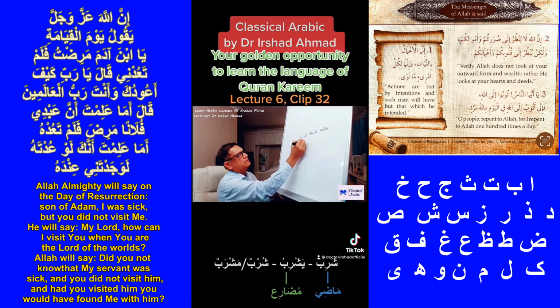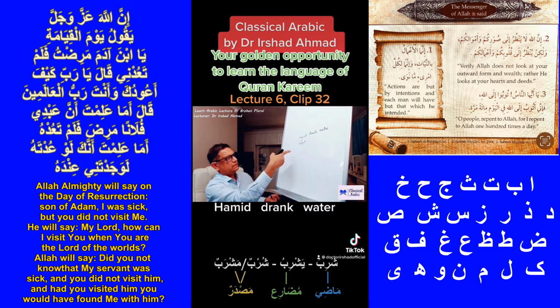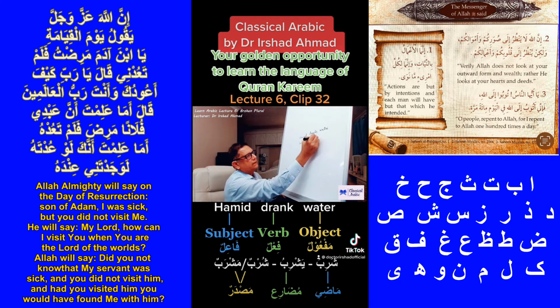Again here Hamid is subject, the doer of the action of the verb, drank is verb, and water on which the action is taking place is object. So again in Arabic we call this fa'il, fa'ilun. This is fi'l, and this is maf'ul,